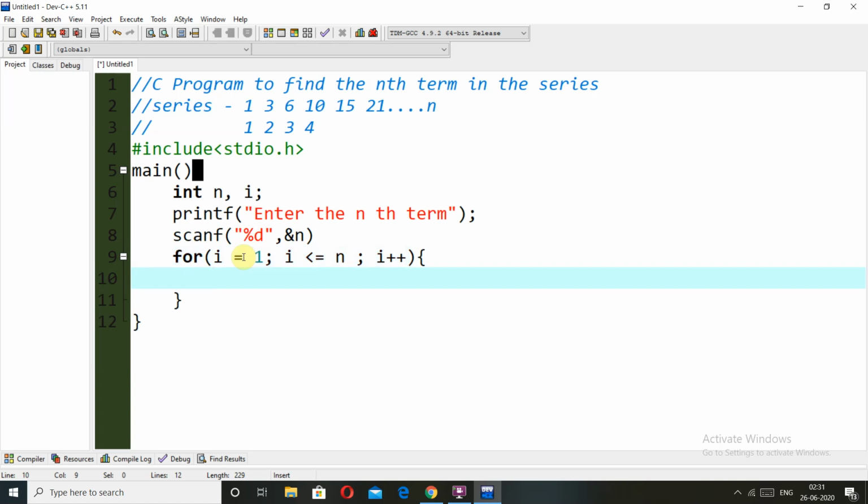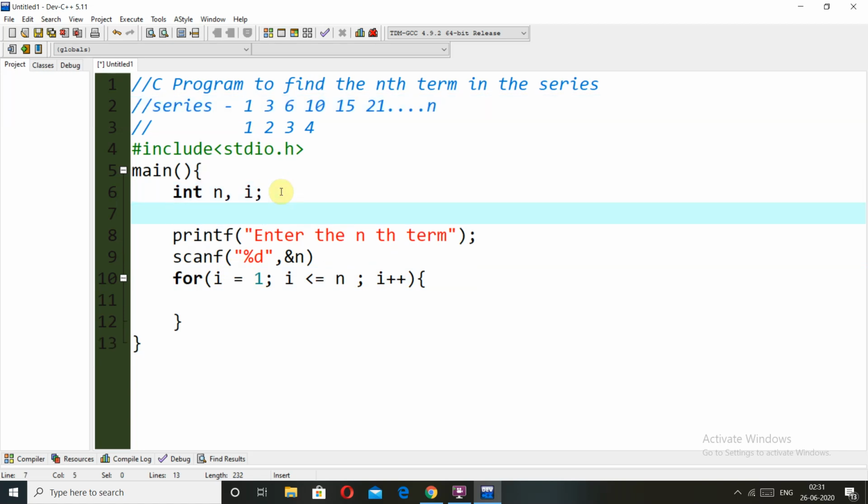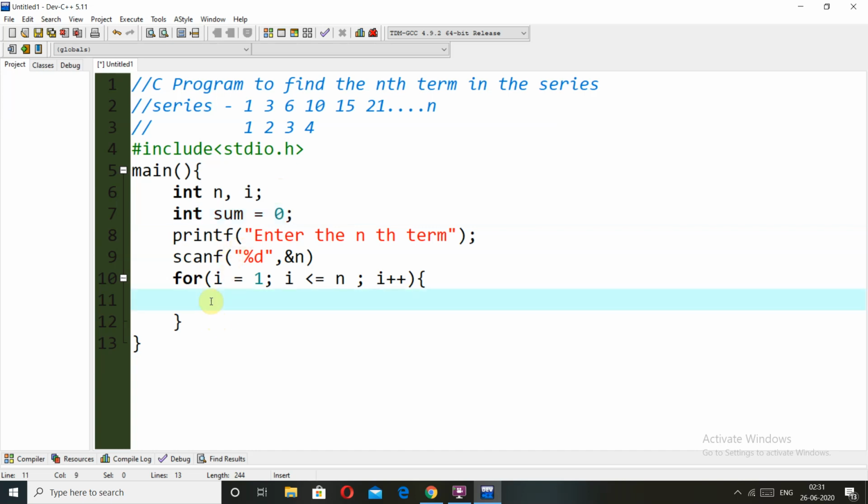And now what I want to do is add the previous result into our index. So let's first initialize it: suppose we have a variable named sum, and we are going to initialize it with the value 1. Then I will add the value of I into the sum variable. So this will give me the correct output.